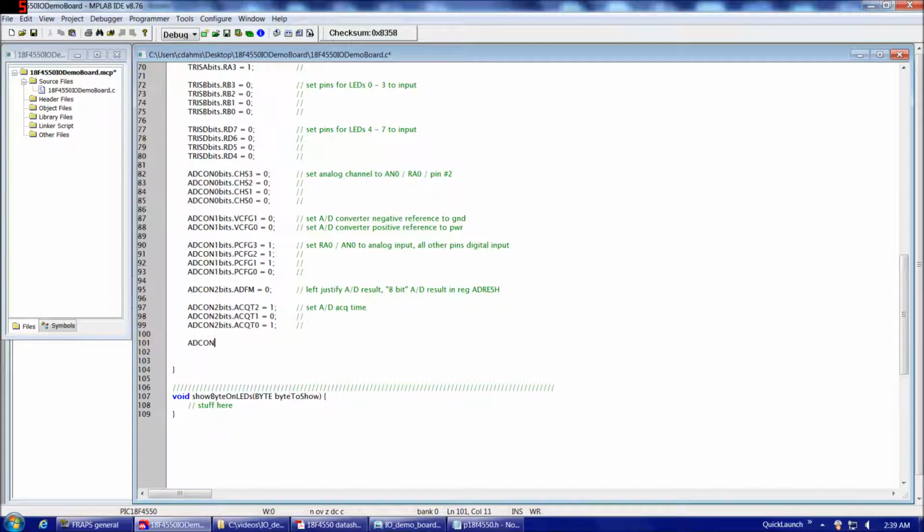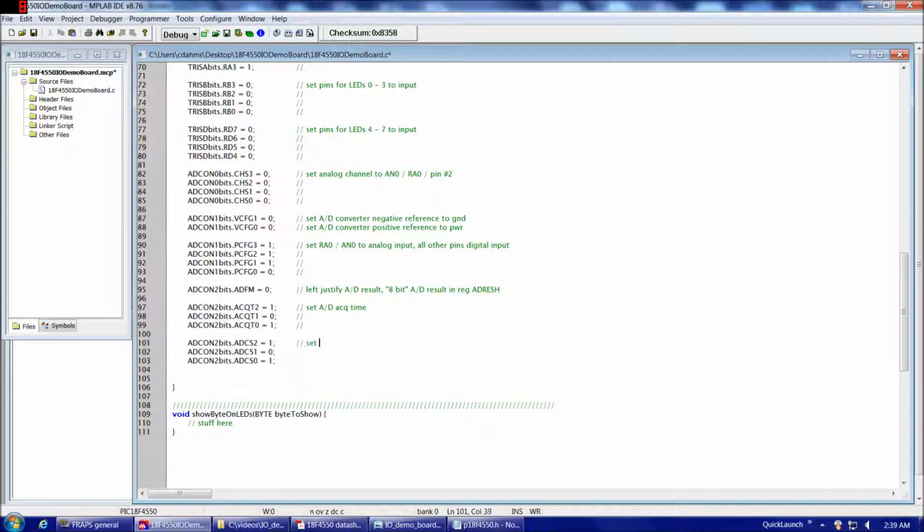And then we're going to type ADCON2bits.ADCS2 is assigned 1, and ADCON2bits.ADCS1 is assigned 0, and ADCON2bits.ADCS0 is assigned 1. So let's comment that: set A to D conversion clock. Okay, so now what we're going to do is we're going to go back to